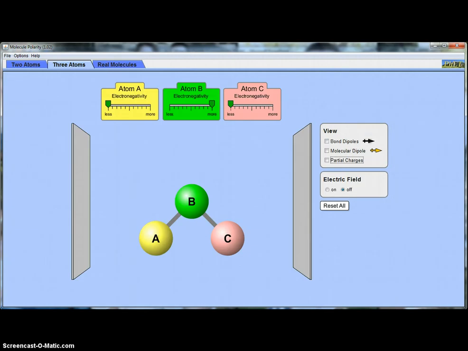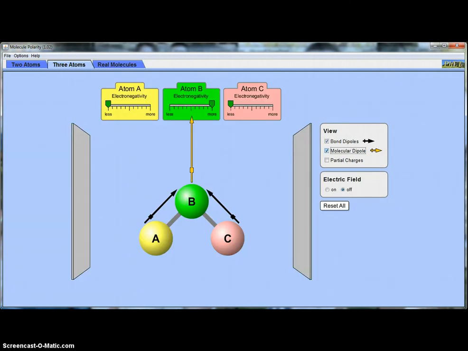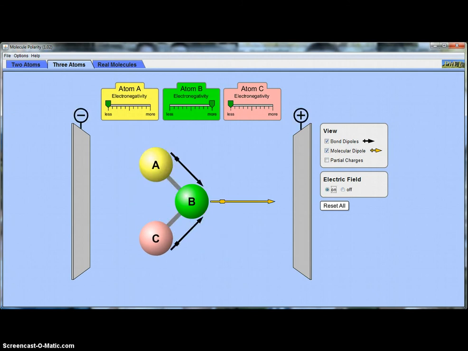Now if we put a virtual molecule, and I'm going to make the settings fit that of H2O, we're going to put this in an electric field. So here we have A represents hydrogen 1, C represents hydrogen number 2, so they are less electronegative, and B represents the oxygen, which is more electronegative. We can put in the bond dipoles again, and that was what we had seen when we looked at the actual molecule. And we can put in the molecule dipole, and again we know it's in this direction, and we can turn this electric field or magnetic field on, and we can see how it's going to rotate, and this shows that the